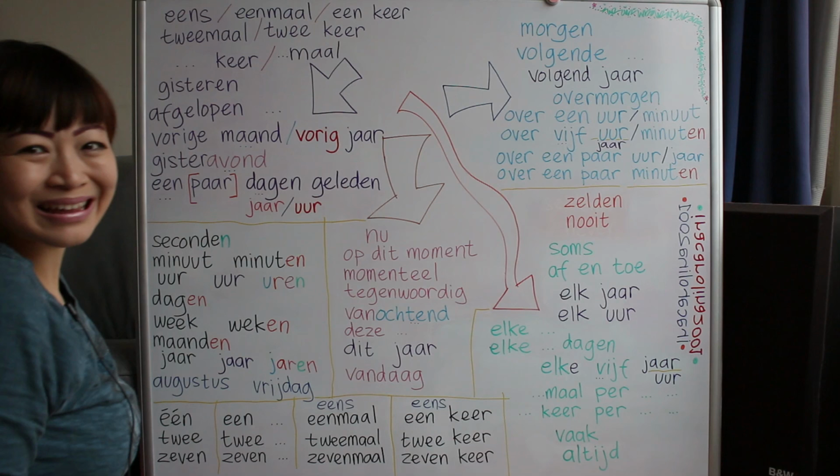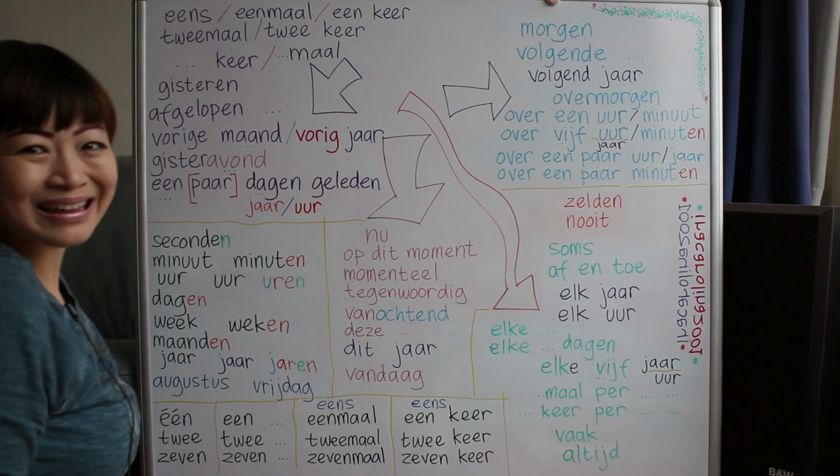When we have to say in an hour, in a minute, we say it with over een uur, in an hour, over een minuut, one minute, or one minute from now. When it's not one, but more than one,